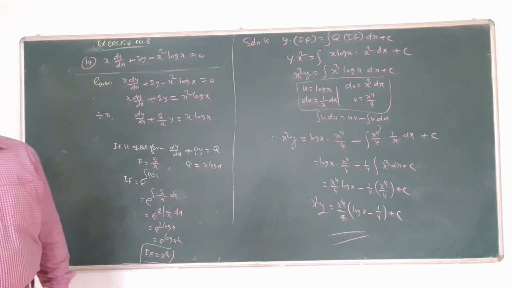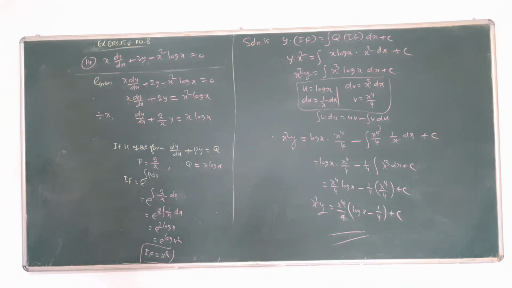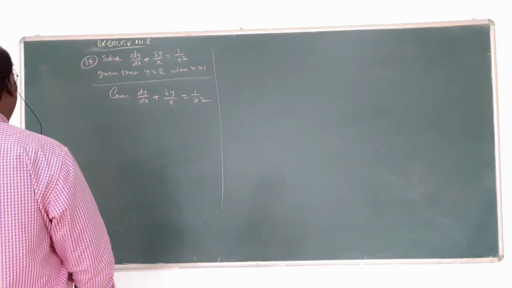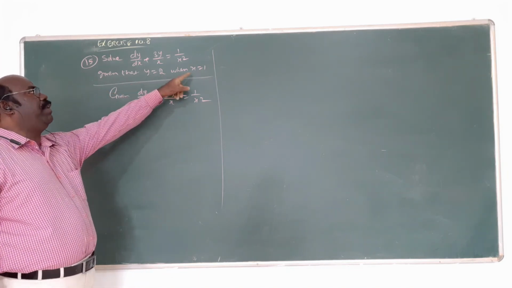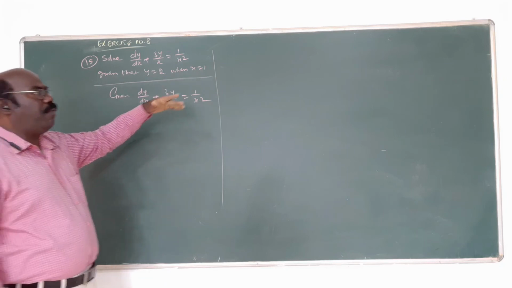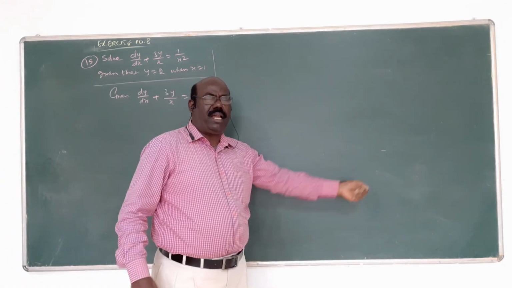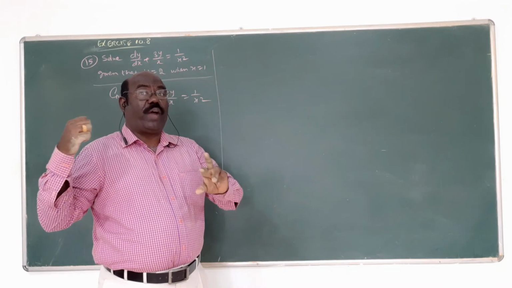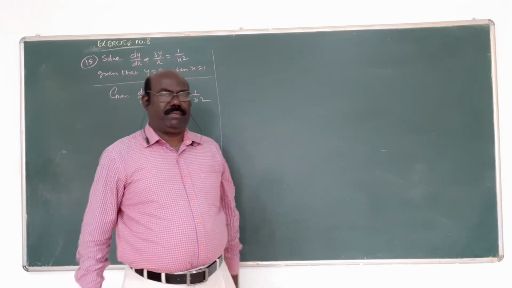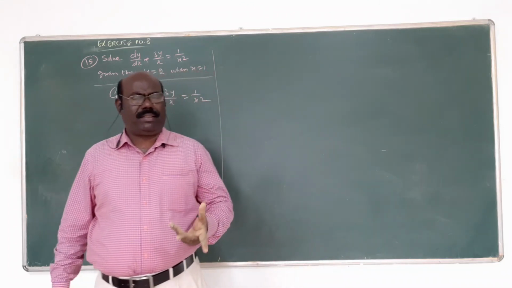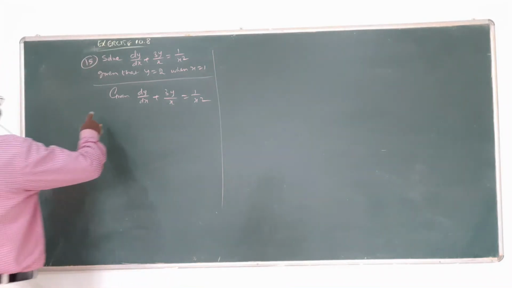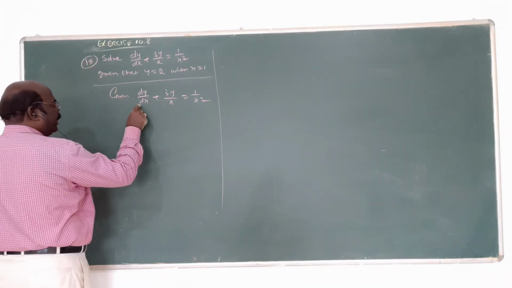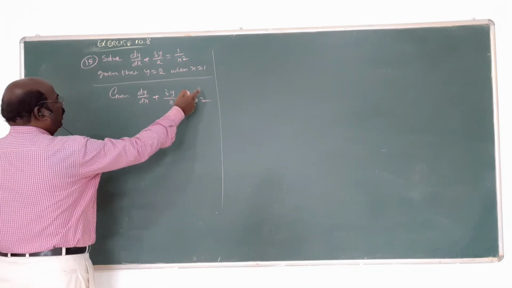All about the same method, small change only. We must follow the formula method. Now it is 50% solved. And given that y equals 1, that means what? After finding the general solution, substitute the x value and y value to find the value of c. In the previous problem this is not given, c only. But you will find c also. Now this question is given.